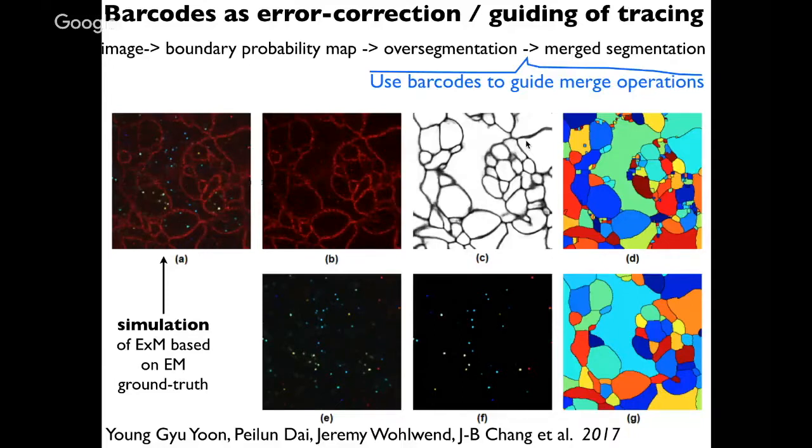And so the question is, is there anything that we can do at that stage to assist the process of merging those pockets back together to identify which actually go together and are part of the same cell? And in this algorithm scheme, that's exactly where the barcodes come in, because if you attempt to merge together two local units that have different barcodes in them, then you know that you've made a mistake. And on the other hand, if you have two barcodes that have the same identity, the same DNA sequence,